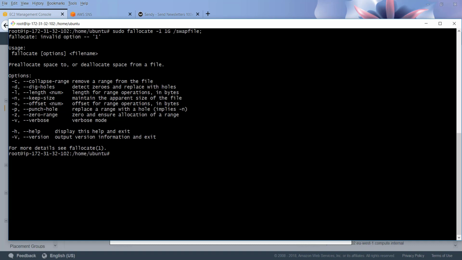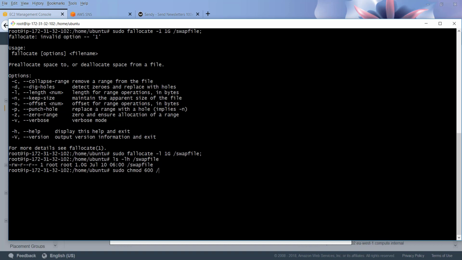Sorry, actually I entered it wrong, it should be -l. And ls -lh to check if this file exists, the swap file. Okay, and we're going to use sudo chmod 600 for the swap file,